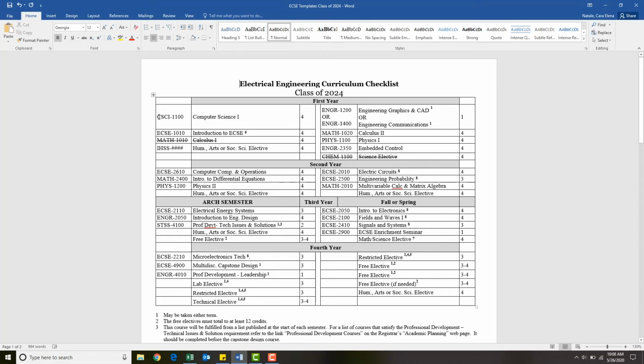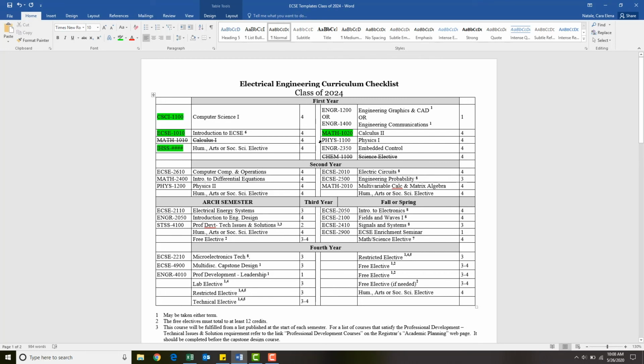As I mentioned before, in this case, I don't have credit for Computer Science 1, so we're definitely going to use that as an option. I also have decided I'm pretty sure about electrical engineering, so I want to take ECSE 1010. And as I mentioned, Haas is pretty much non-negotiable in your first semester. Then, since I've finished Calculus 1, I'm just going to run over here and add Calculus 2. So I'm up to 16 credits, and that's going to be my primary plan.